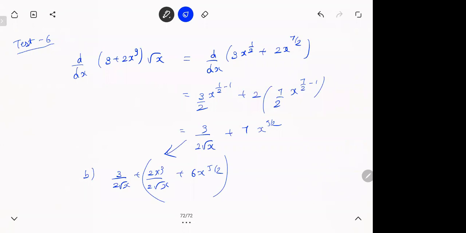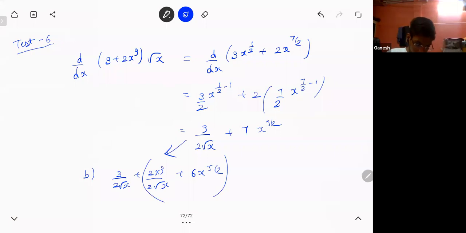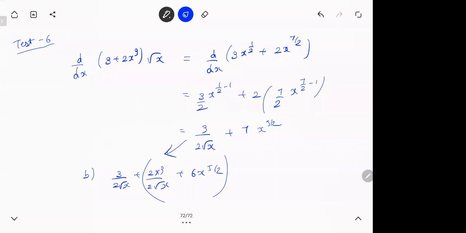Others 1 to 15. Anything else? Sir, there is one question people were asking, sir, there is no answer. 15th one. Ninth one. What happened? So ninth one, see now.